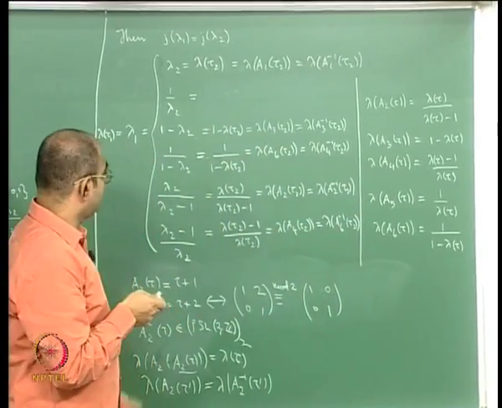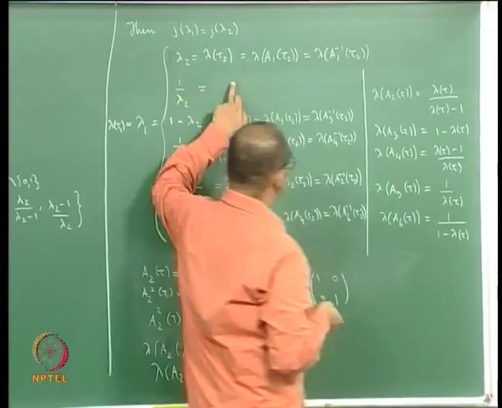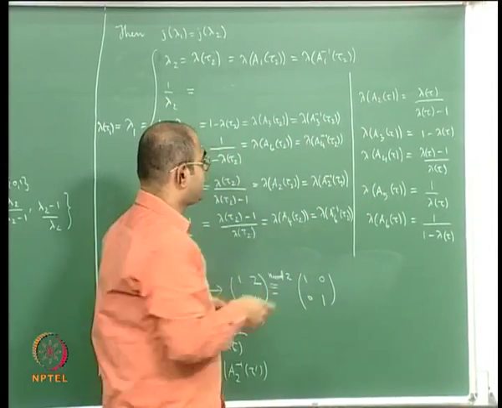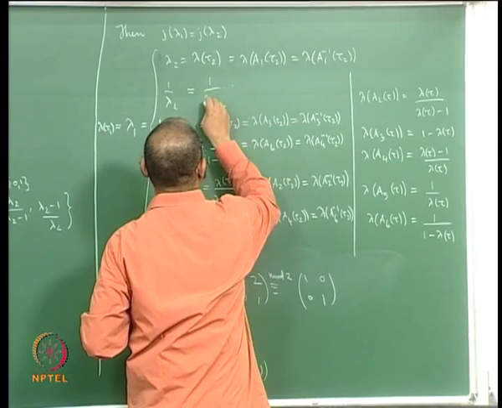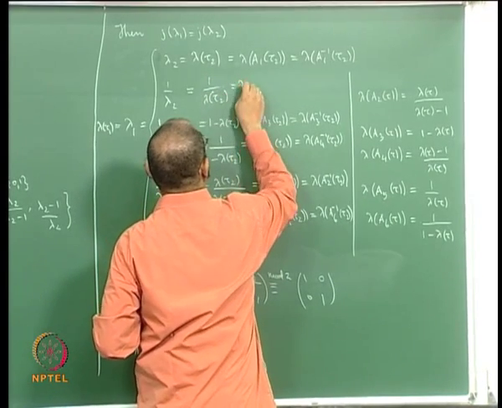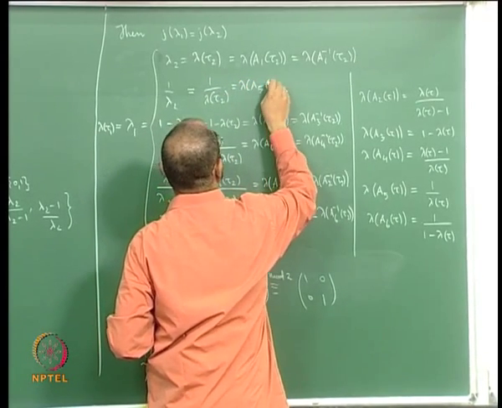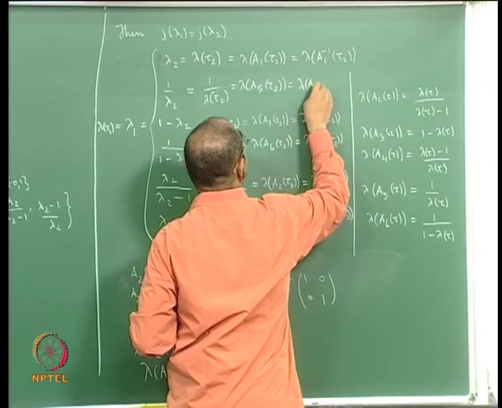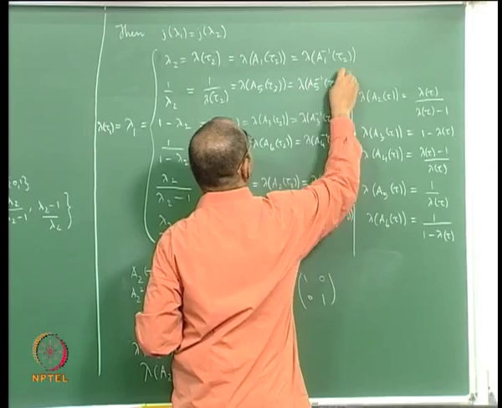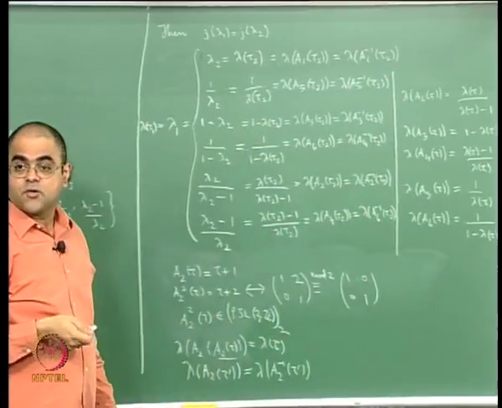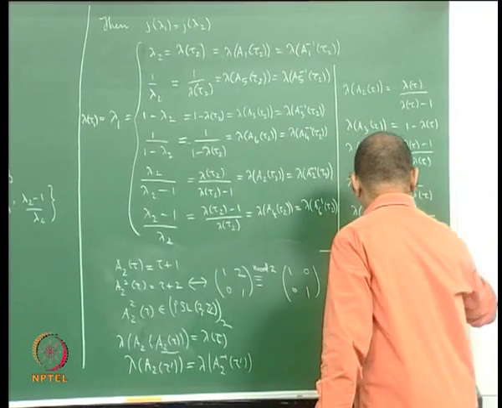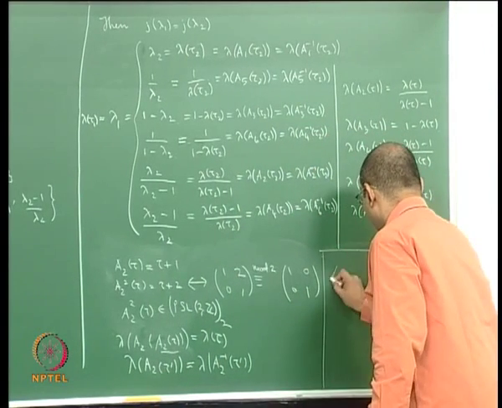And the only thing that is left is this, you can recognize that this corresponds to this one, so it is lambda of A5 of tau 2, which is 1 by lambda of tau 2. Interestingly this is also lambda of A5 inverse of tau 2, the reason being that A5 squared is also congruent to identity mod 2. See A5 of tau